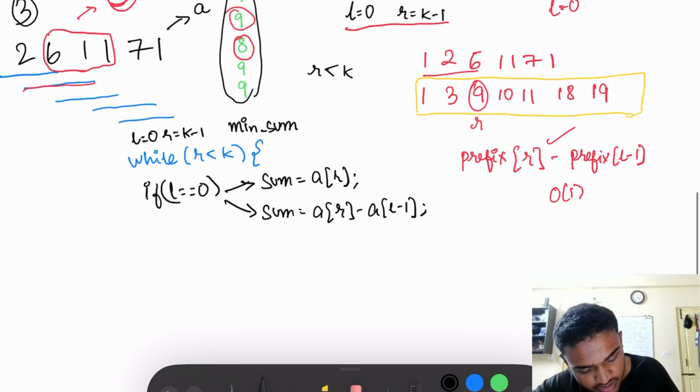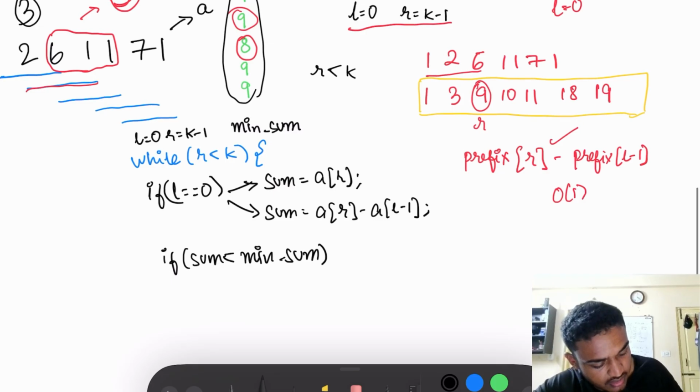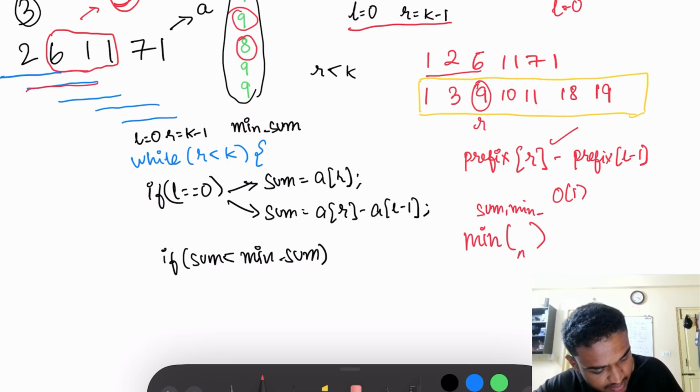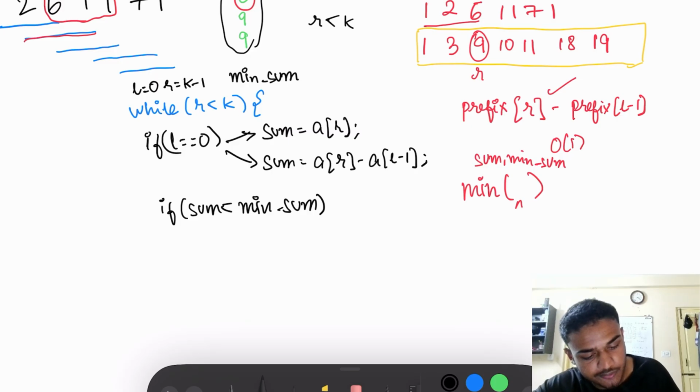Then what I would check is if sum is smaller than minimum sum. Over here, I could technically use the built-in function, which is minimum of two values. So I could just have minimum of sum and min sum to get my answer. But I'm not doing that. Why? I'll tell you now. So if sum is less than min sum, we'll update min sum as sum,